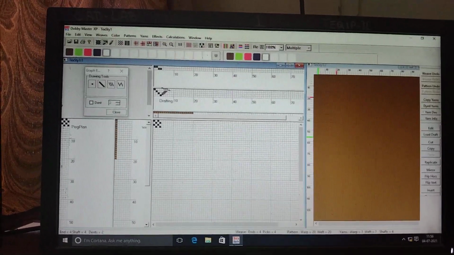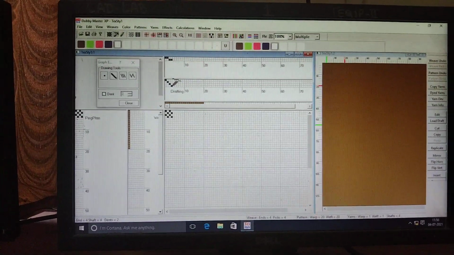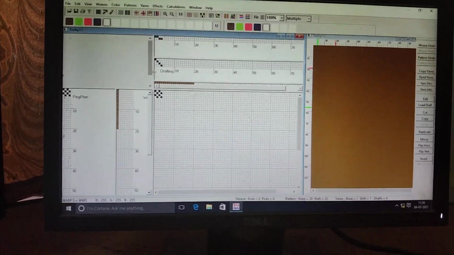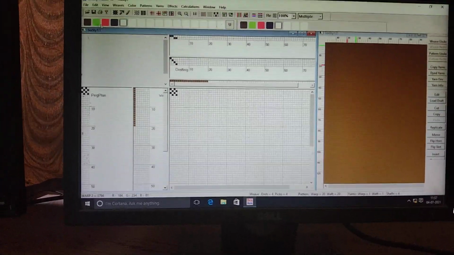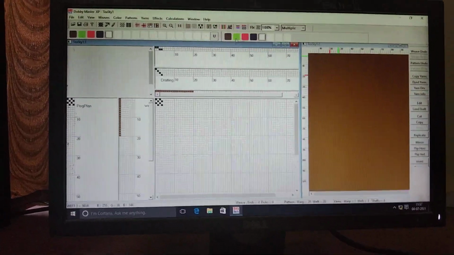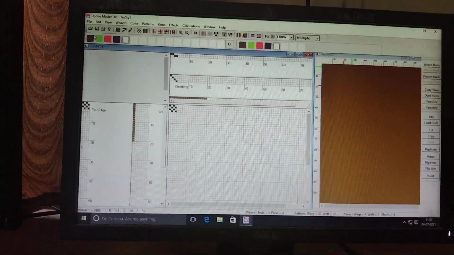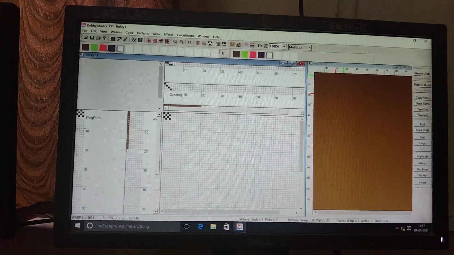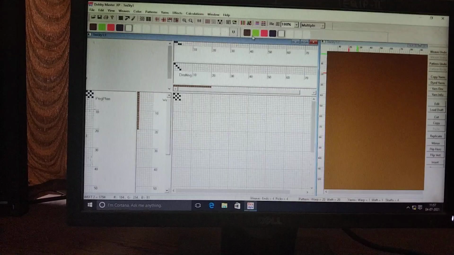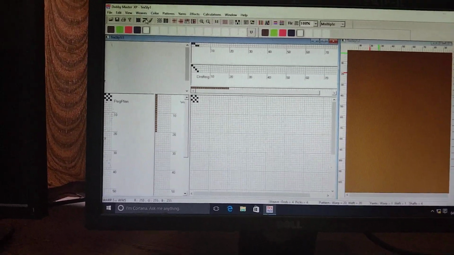This is a benefit of this software. This is time saving also. Now select colors. These are the color windows. These are warp colors and these are weft colors. As I click on warp colors, we can change these colors, or by default all 4 colors always appear when you open your computer.